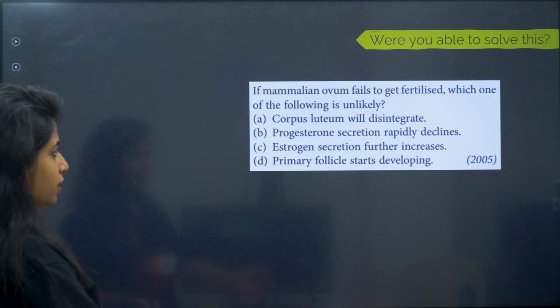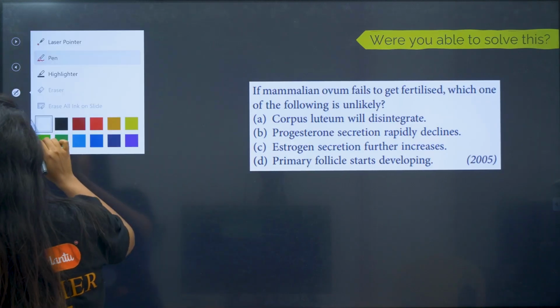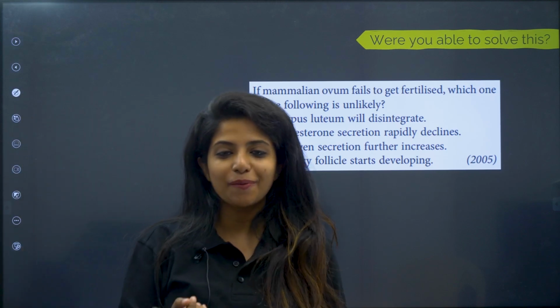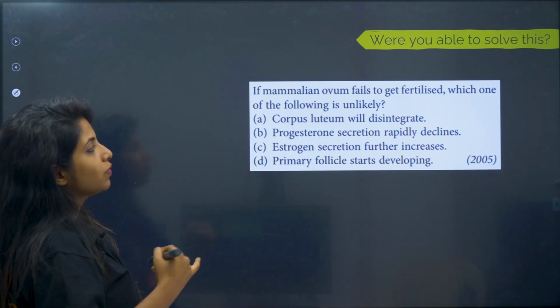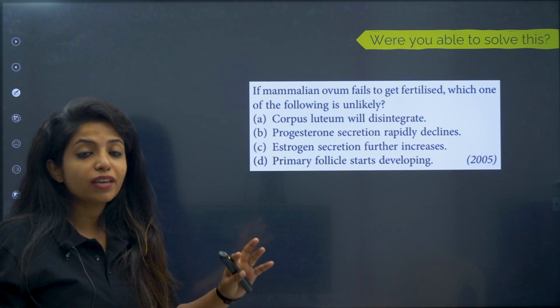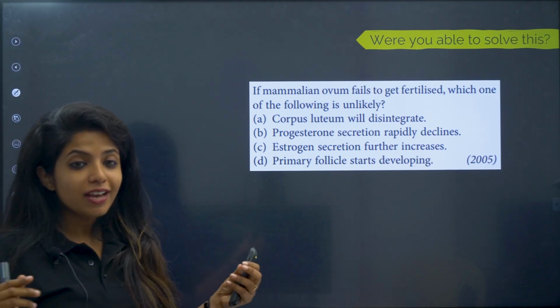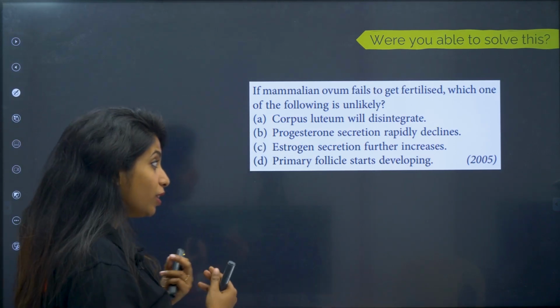What do we have? This was the question that was left to solve. Were you able to solve it, my little champions? If mammalian ovum fails to get fertilized, which one of the following is unlikely? Now over here I think the concept won't be tough, but the language that they have framed could be difficult